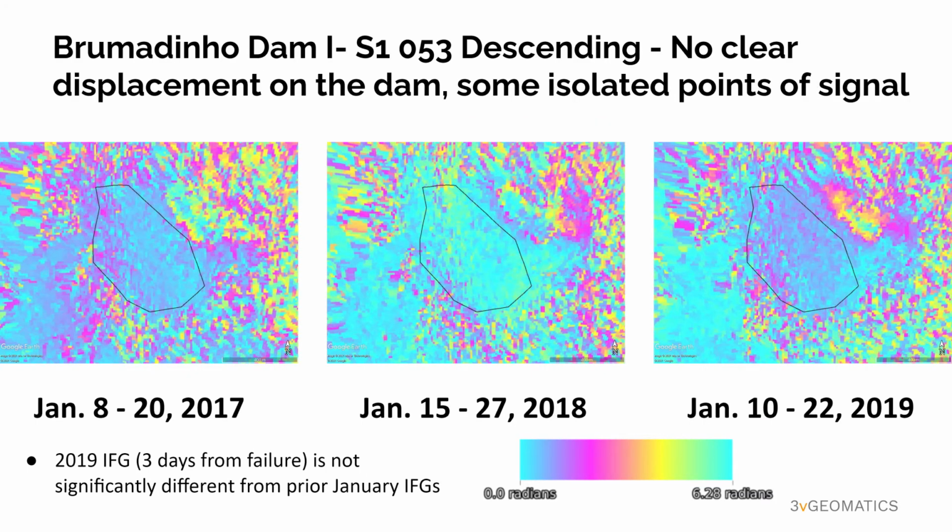While some signal can be interpreted as possibly something happening, when we try to identify anomalous trends, we need to keep in mind the history of the site. The challenge is identifying which one is anomalous, which interferogram is the one just prior to failure. At this scale, they're not strikingly different.